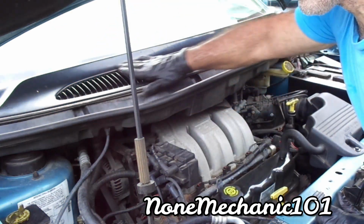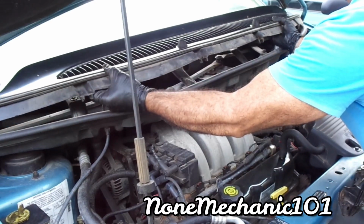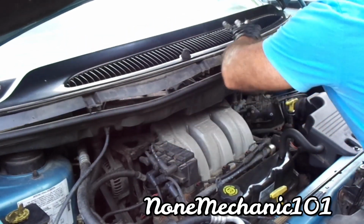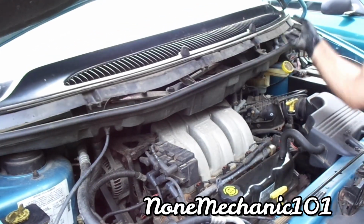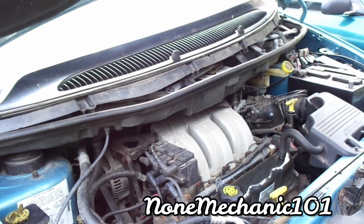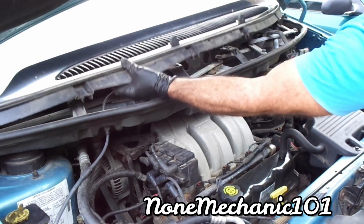So all the screws are out and everything. So let's see, this just comes up and comes out. Yep, there it goes. Okay, so the way to do it, pull it easy up. And this side, you gotta just pull it up a little bit. Go that way. And then